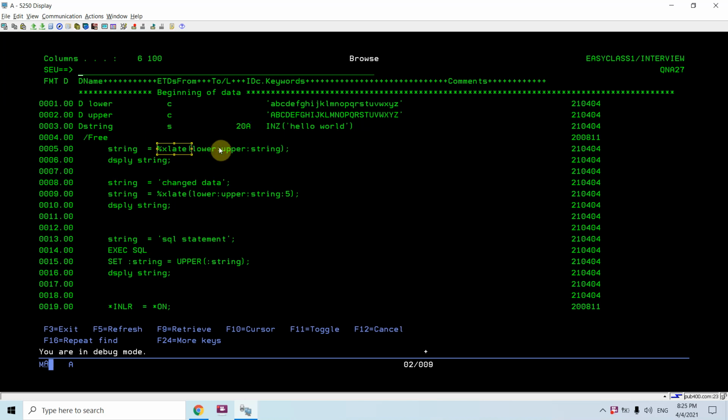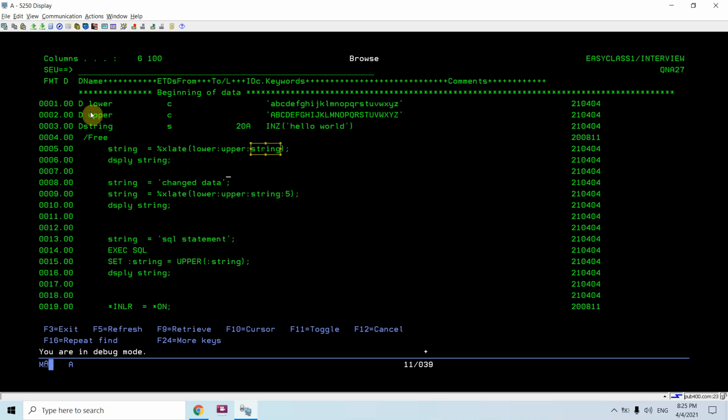We need to specify the from and to strings, then the string which would get translated, and an optional parameter, the starting position from which you want the data to be translated. If you don't specify it, the translation occurs from the first position. If you specify it, the translation occurs from the position you specify.